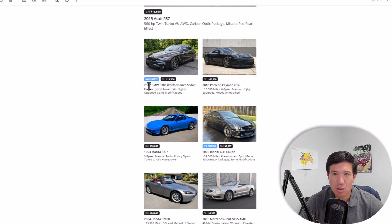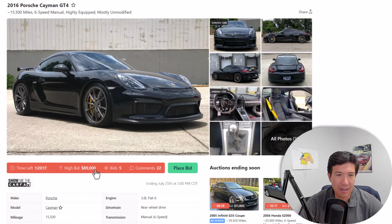What else? So many cars. Here's a GT4. It's not 89,000. There you go. So relative for me, I could have spent a little bit more to get a GT4, and I think it would hold its value. But these are still selling,